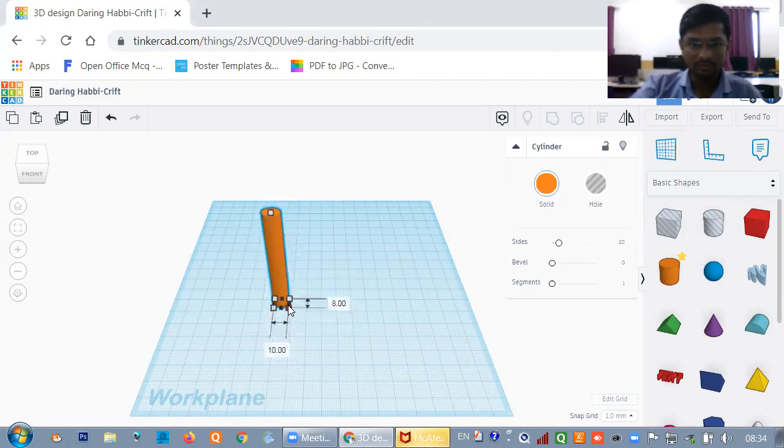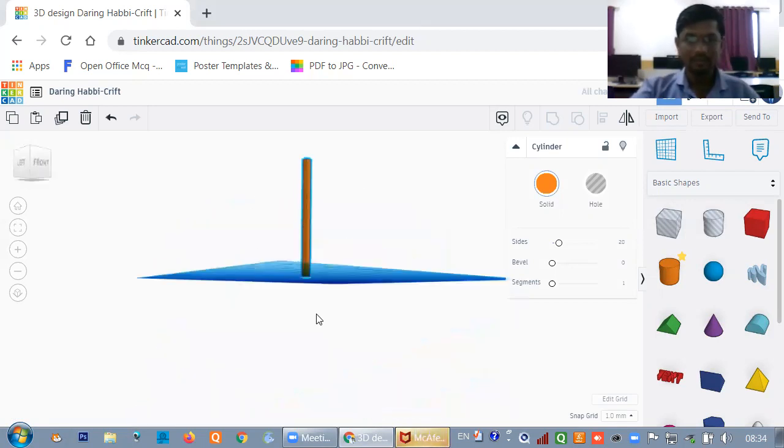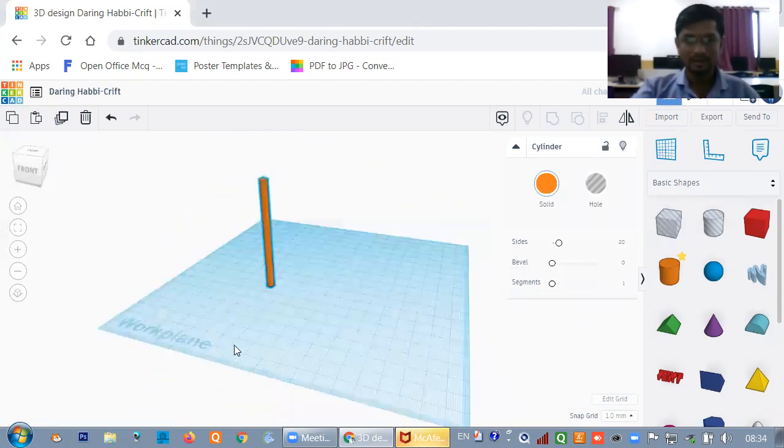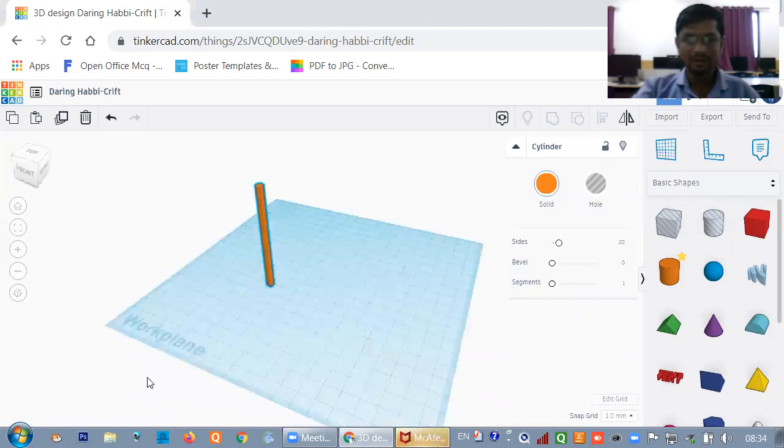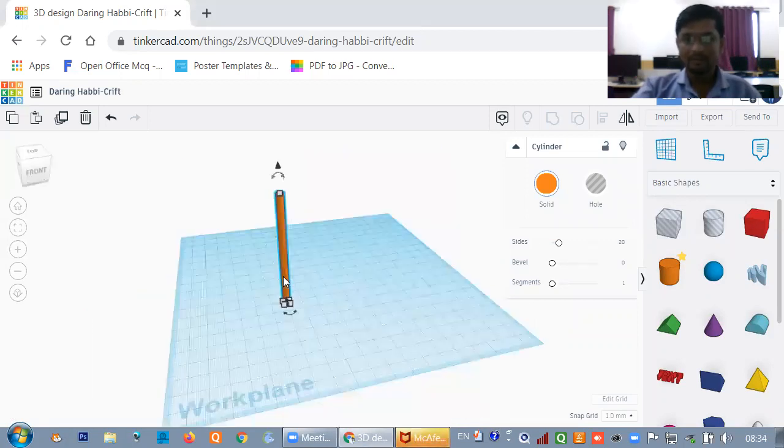A small dimension, 4 by 4, you can take. This is the cylinder height and dimension I have set here. The dimension is 4 by 4 and the height is 72, but you can take up to 70.